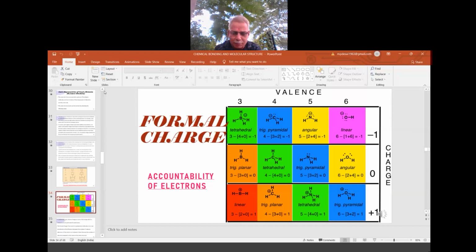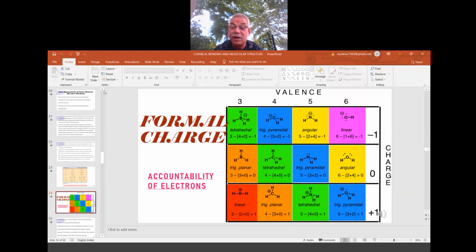Whenever you go on a trip with students, the person in charge will ensure every step. Whenever they get down, he will count whether all the students are there or not, because students are more important than anything else on a trip. You can enjoy the trip afterwards. If all the students who went from the campus return, that is accountability of students. Here also, how many electrons were there in the beginning, in the neutral atom, and during the formation of a covalent bond, whether any loss is there, how much loss, how much gain. All that comes under the accountability of electrons.